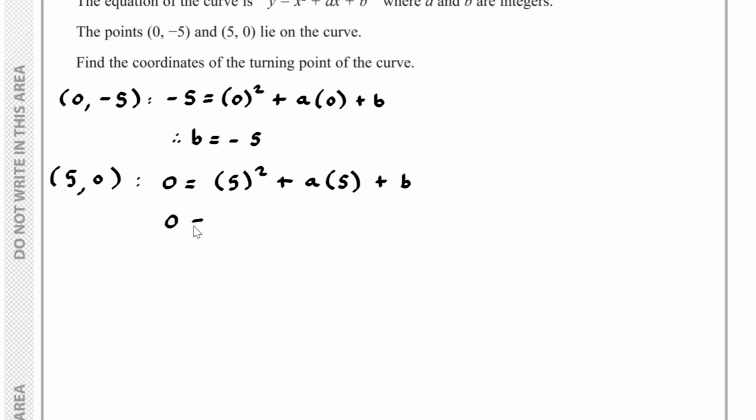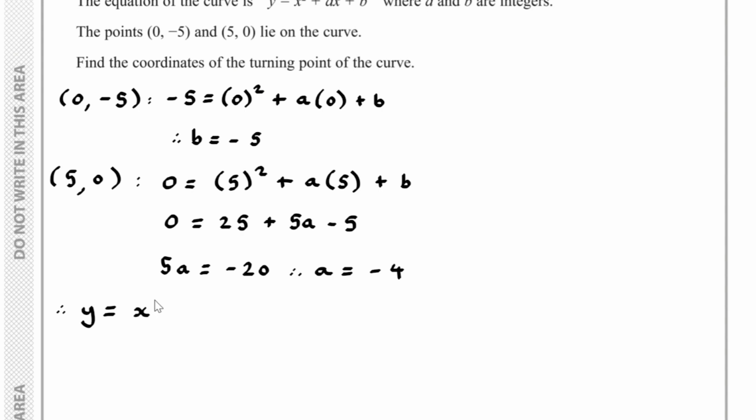So I've got 0 equals 25 plus 5a minus 5. So I have 5a, which is minus 20, a is minus 4. And now that I know the values of a, b, we can therefore conclude